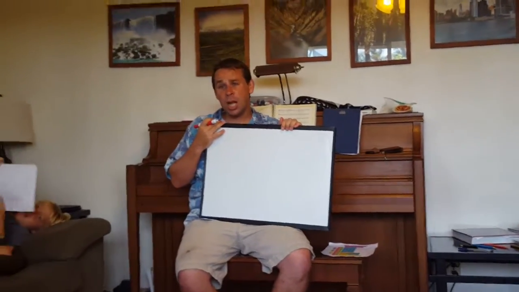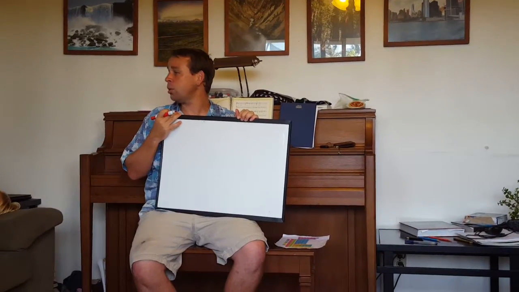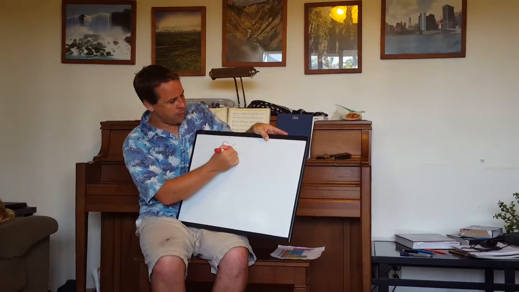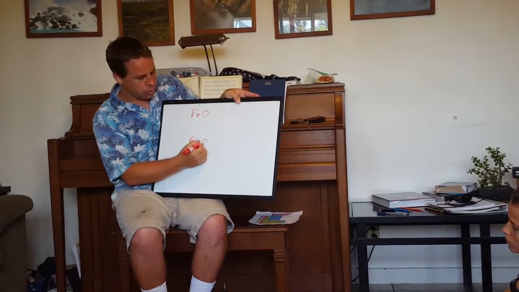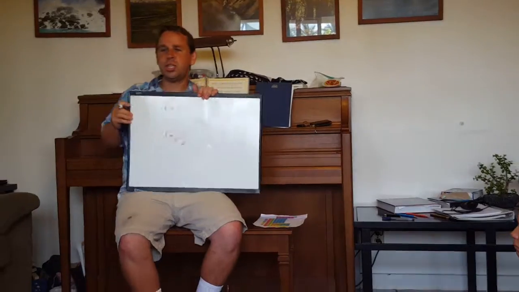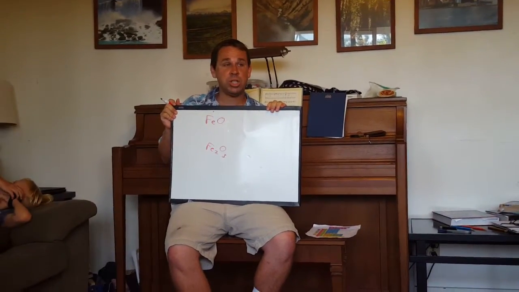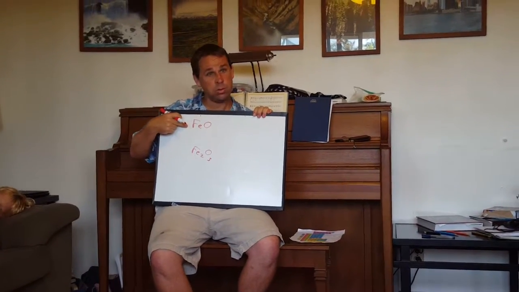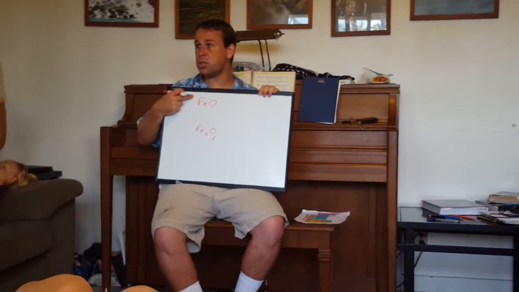Iron 2 oxide or iron 3 oxide, because iron forms a +2 compound or a +3 compound. Iron 2 oxide is FeO, like that. Iron 3 oxide is Fe2O3. So she said she bought me some iron oxide, but I didn't know what she was talking about. What she needed to say was, I bought you some iron 3 oxide. This is iron 2 and this is iron 3. How do I know this is iron 2?